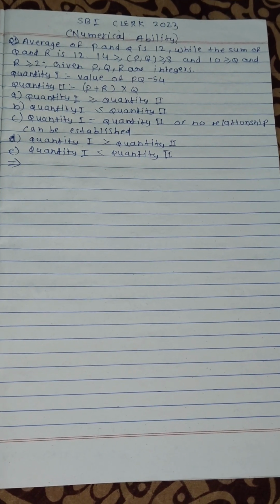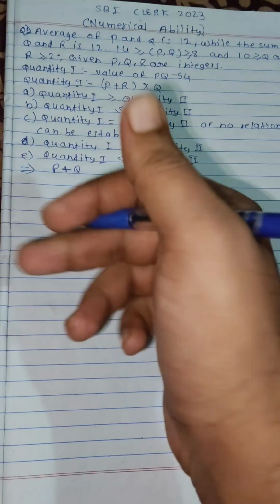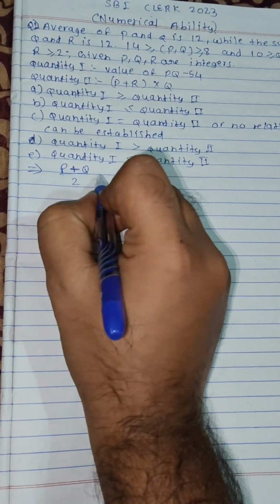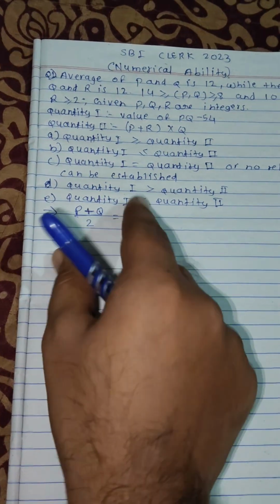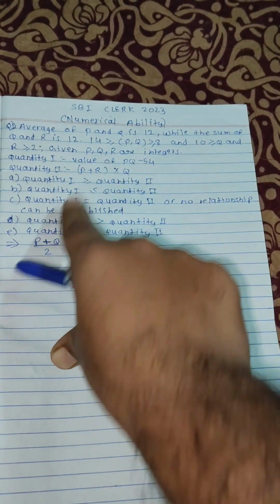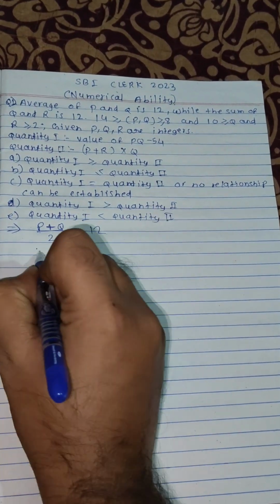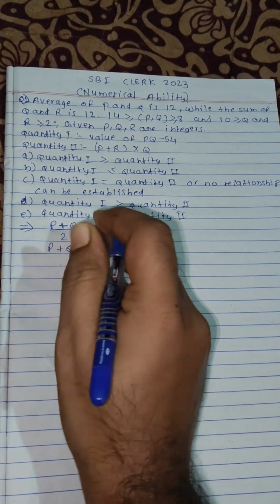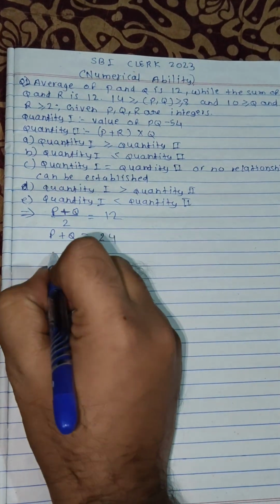Average of P and Q is 12 while the sum of Q and R is 12. Average of P and Q. Average means divided by how many quantities there are, divided by 2. So (P + Q) divided by 2 equals 12. We will write the information in simple terms. So here P plus Q will be 12 into 2, which is 24, and the sum of Q and R is